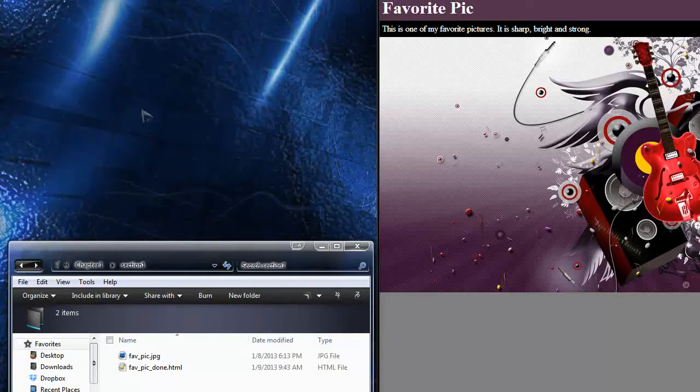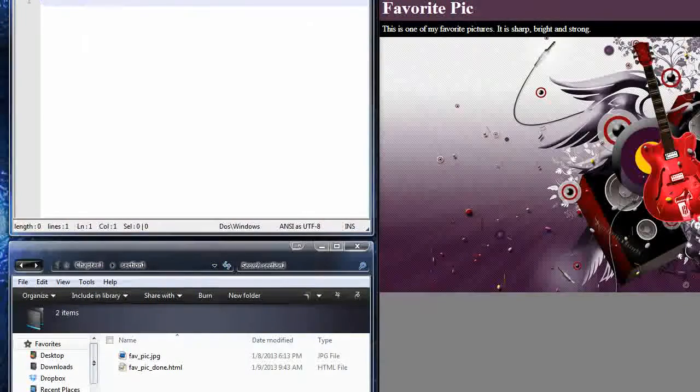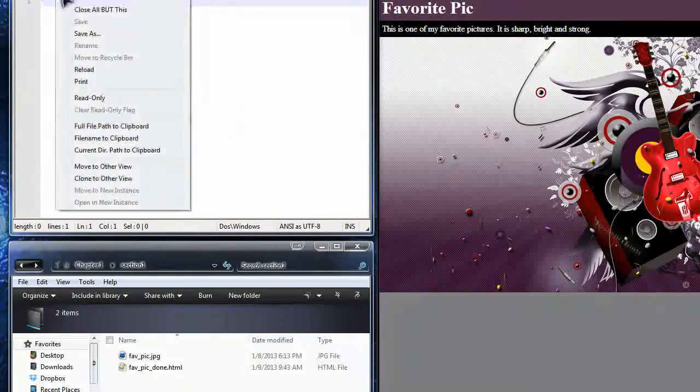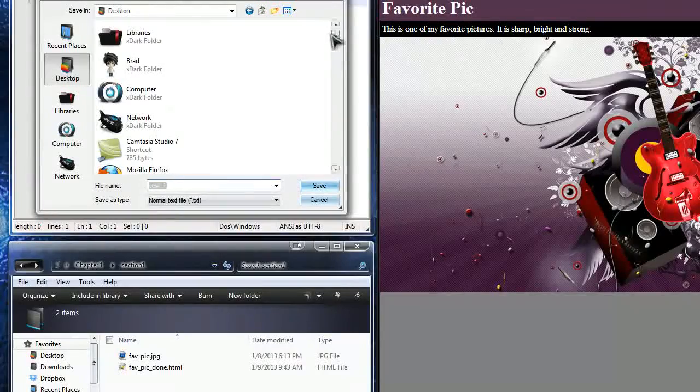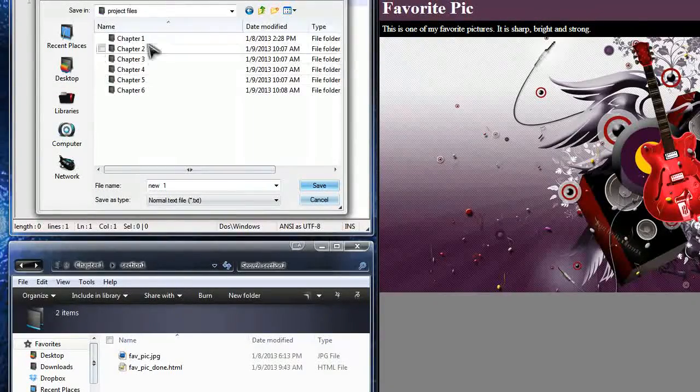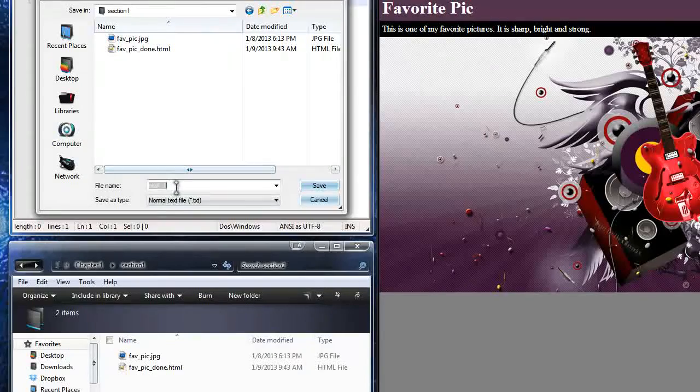Alright, so what I want to do now is create a new file. Let me close this out. I want to create a new file to work with. Now you'll see we have the Fave Pick Done HTML file. I'm going to create a new file, and I'm going to call it index.html. Let me just do that real quick. Oops. Save as, and you should save the project before you even start. So I'm going to save it to the same folder, chapter 1, section 1, and we're going to name it